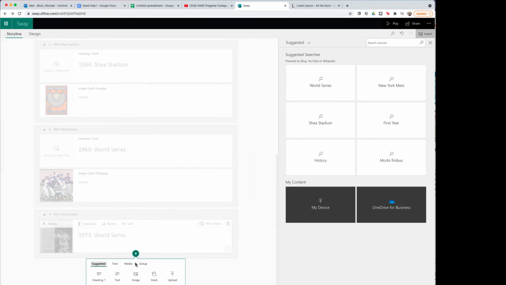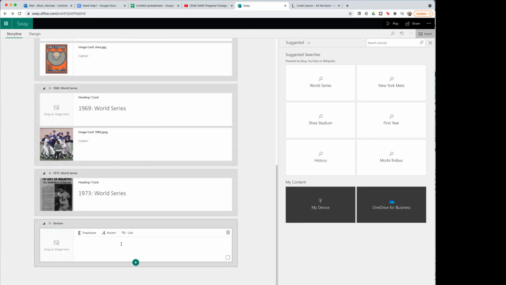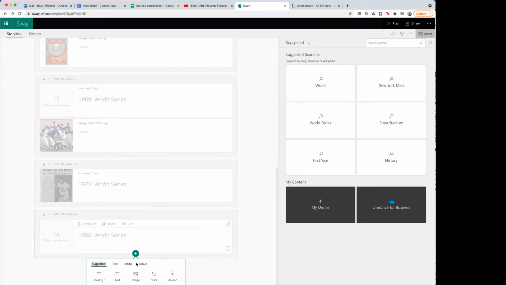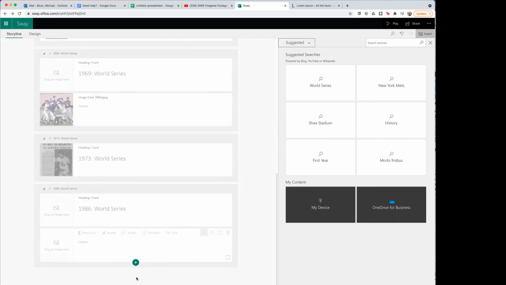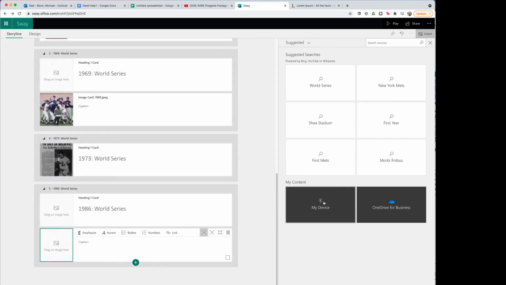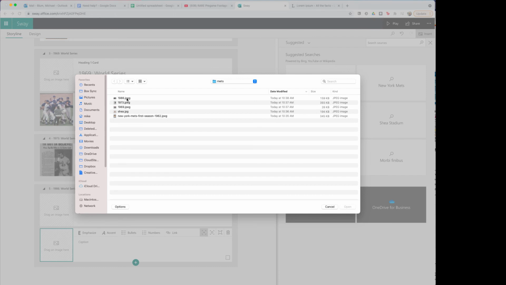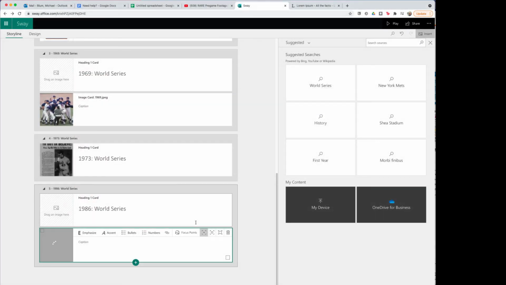And now I'll go to 1986 for the last one, and I'll say 1986 World Series. And now I can go ahead and add another image. And I'll go to my device, 1986, and I'll say open. So now this is just the bare bones, and you can go ahead and fill all this in later. And now that's all that I need. And if I hit play,